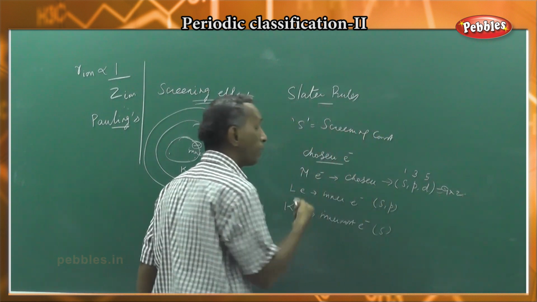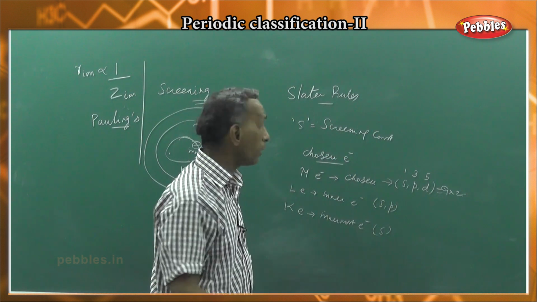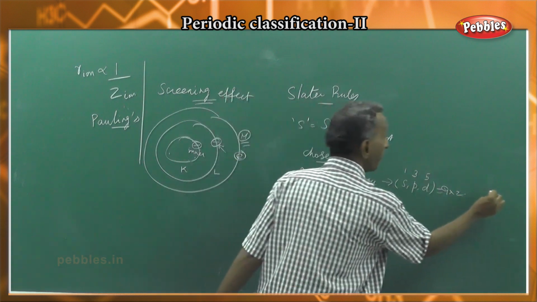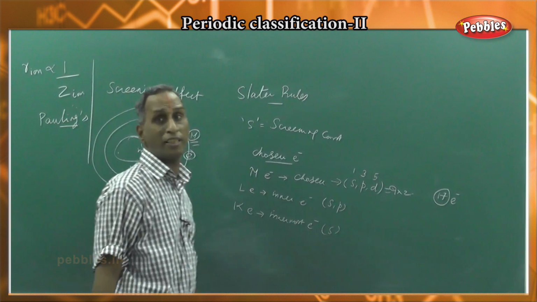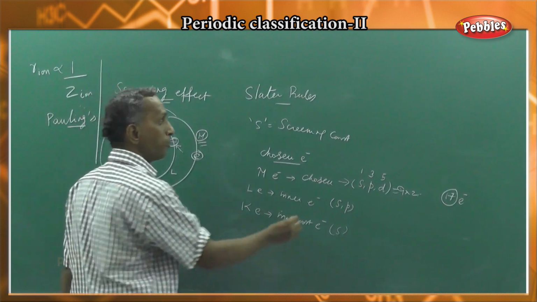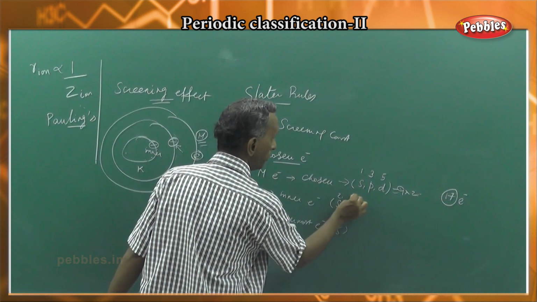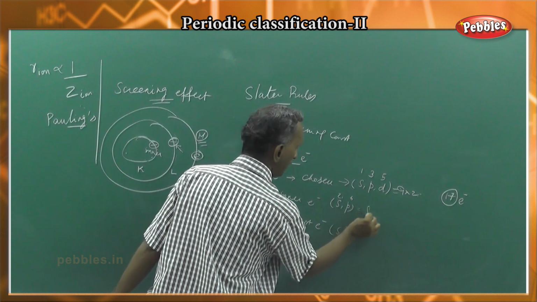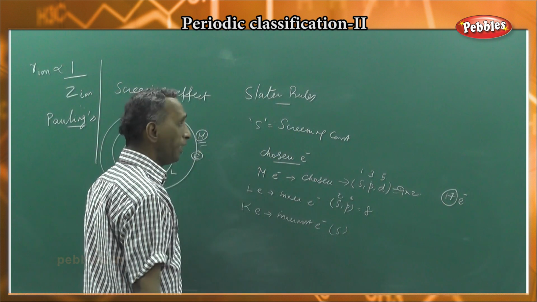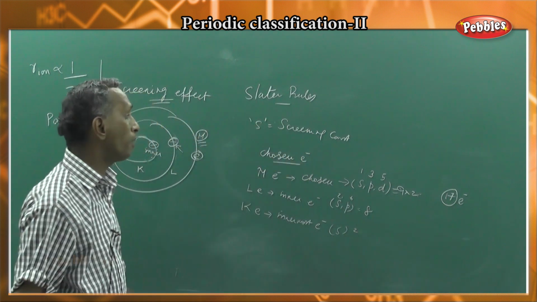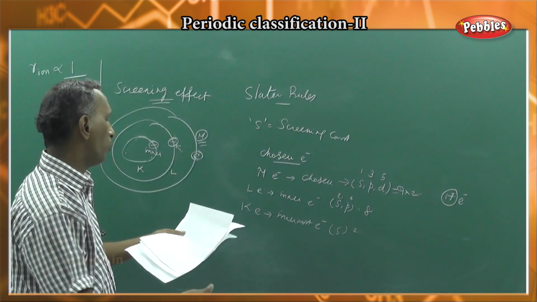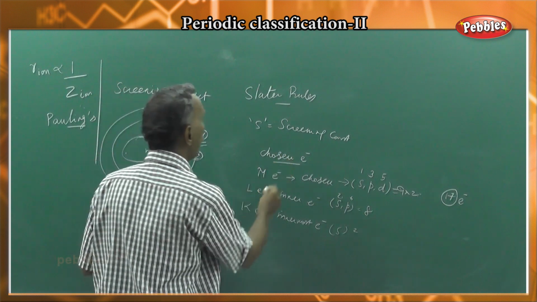We are considering only one electron. When we consider one electron, all other 17 electrons are in the same shell, whereas 2 plus 6, that is 8 electrons, are in the inner shell and 2 electrons are in the innermost shell. So comparing these, what does the outermost screening effect say?